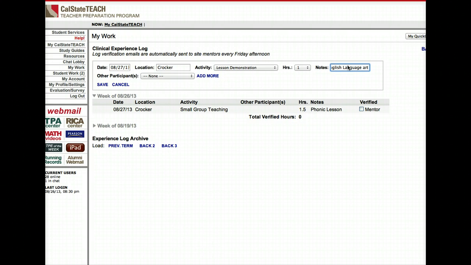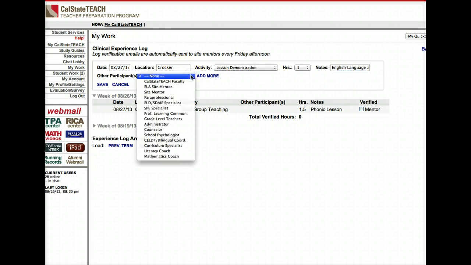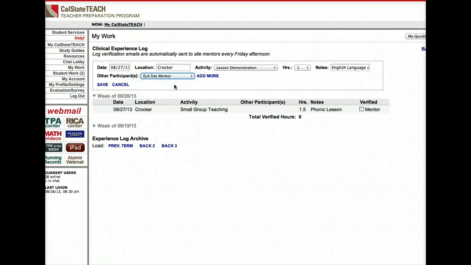So I just write down whatever note that I need to make. And then I can put here, were there other people participating in this process? If I went to a demonstration lesson, then there probably was some type of ELA site mentor on campus, and this could be your specialist. You might have a math specialist, and if that's the case, then you would go ahead and make notes about it. If it doesn't say there's a math specialist or so on here, you can go ahead and write math specialist here. So I'm going to say there was an ELA site mentor who helped with this lesson,